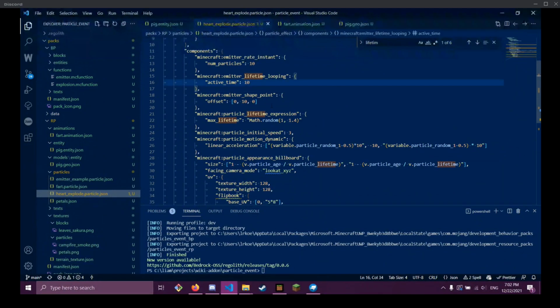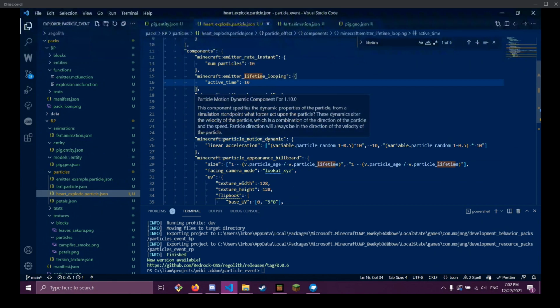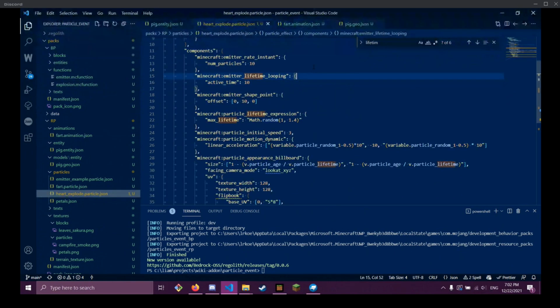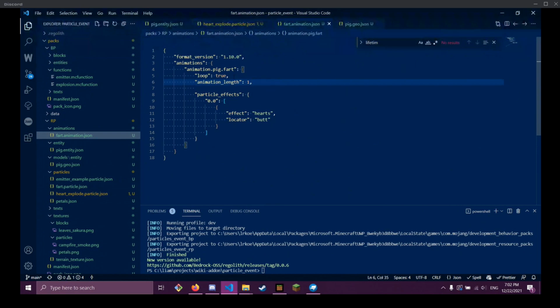If we make this active for 10 seconds, you're going to notice a big problem where the animation here is so fast that it is creating multiple particle emitters. It's going to create 10 of them before the first one dies. Oh, so that's why. Okay, that lines up. So what you really want is for the emitter to match the length of the animation here.